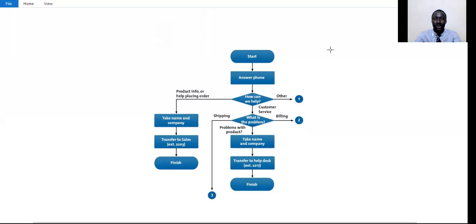So right here, I've shared with you something which is not really directly related to algebraic expressions, but it gives us a little bit of how we should do something. You see, there is where we start from, the start. Then the bit of answering the phone call. Then after answering the phone call,